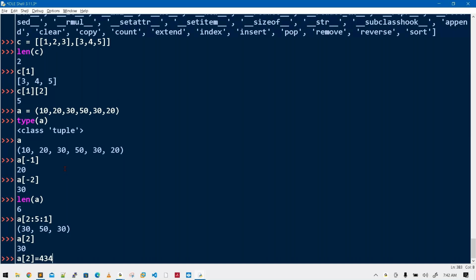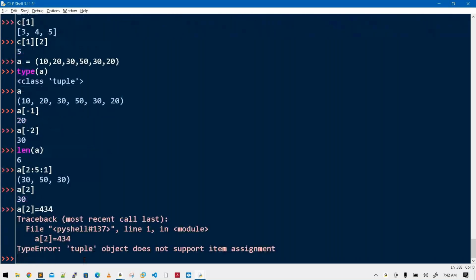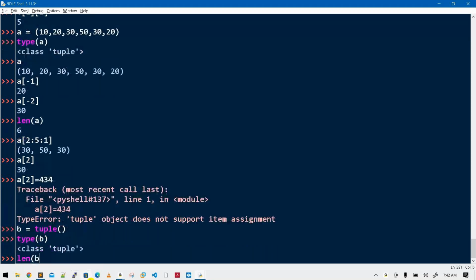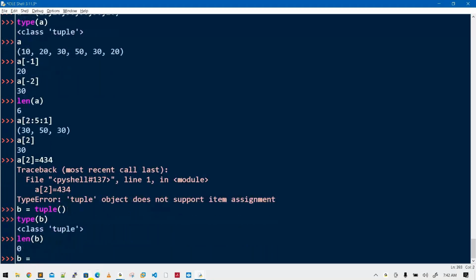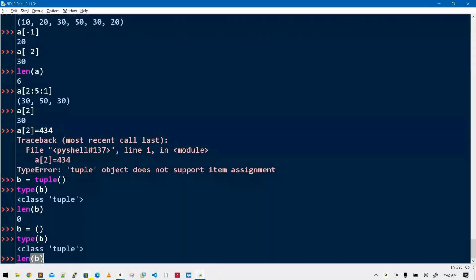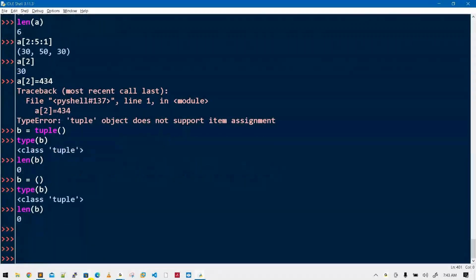Sir, one simple answer. Tuple, however you are creating it, that size is fixed. You cannot change that size. How to create an empty tuple? With the tuple function. B equals tuple, type of B, length of B. Empty tuple creation. But the problem will come